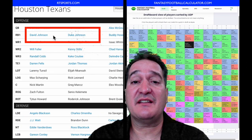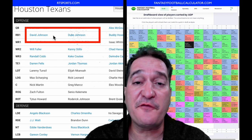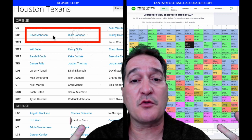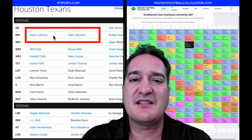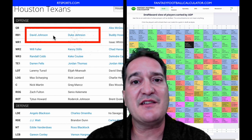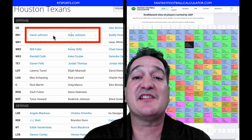Okay, here we are looking at the workhorse running back for the Houston Texans, and it's a new face. He used to play for the Arizona Cardinals, and he was a former number 1 overall pick in some leagues a couple years ago, and his name is David Johnson. Boy, is this guy falling off the earth as far as fantasy football. I mean, he used to be a top 1 or 2 pick in every league. Not anymore, and they traded him